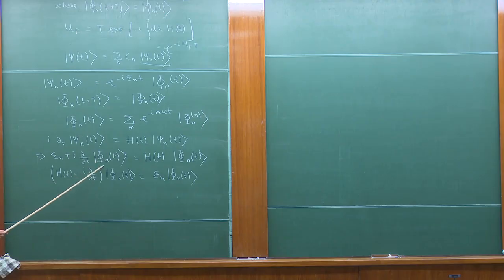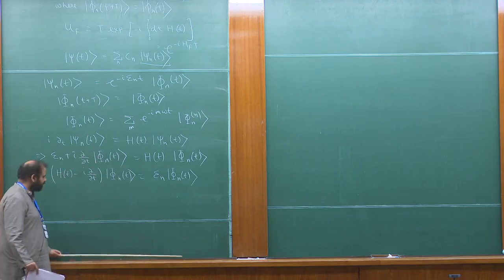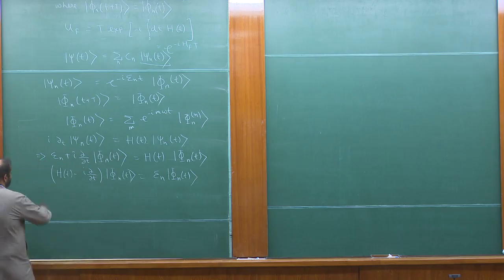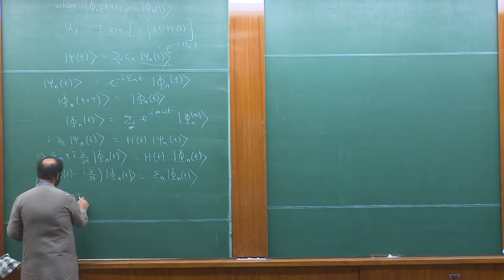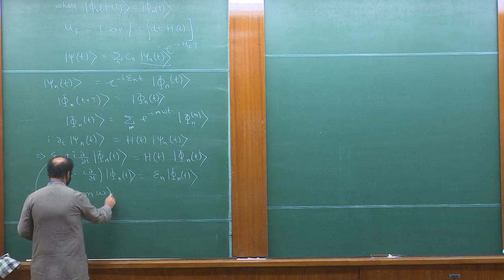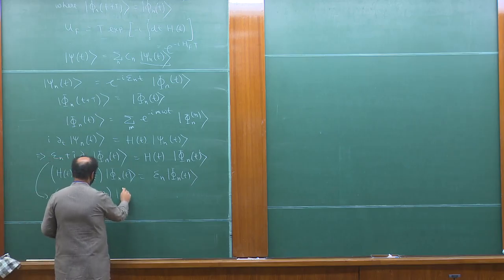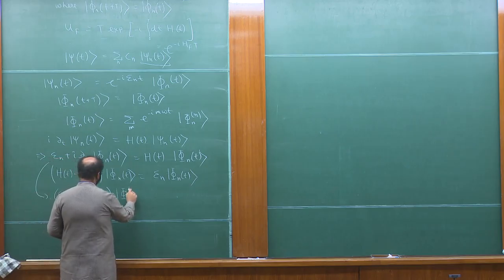Let us plug that in here. If I do that, let me just take from here, what I get is En plus m ω times phi n m